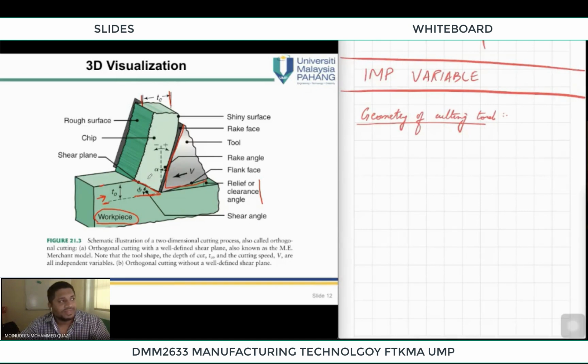Okay, and you can see a lot of planes are produced, shear planes. These are small shear planes. The shearing process occurs, and basically shear planes are produced. So these are a lot of shear planes which are present. The lower side is a shiny surface, and the upper side of the chip is a rough surface. So just keep these in your mind, and then we move to the next slide.